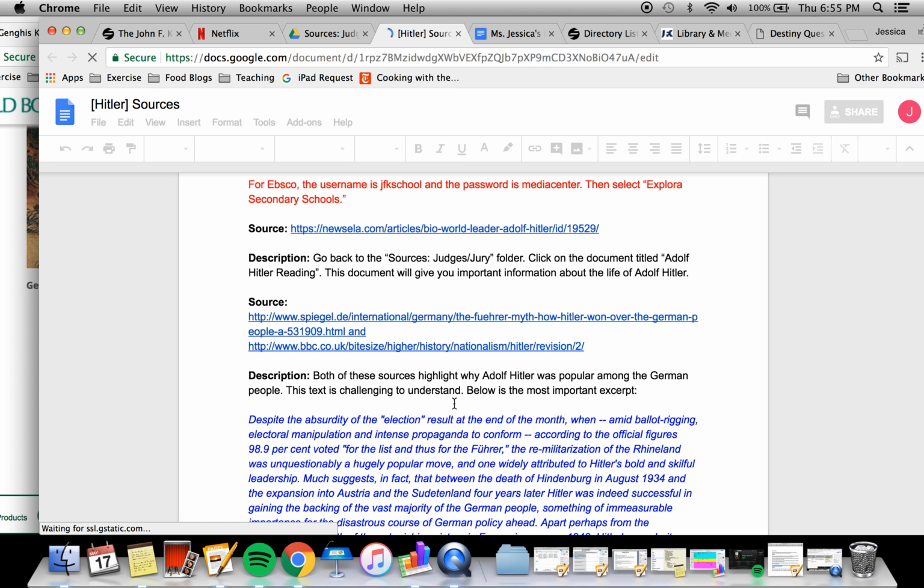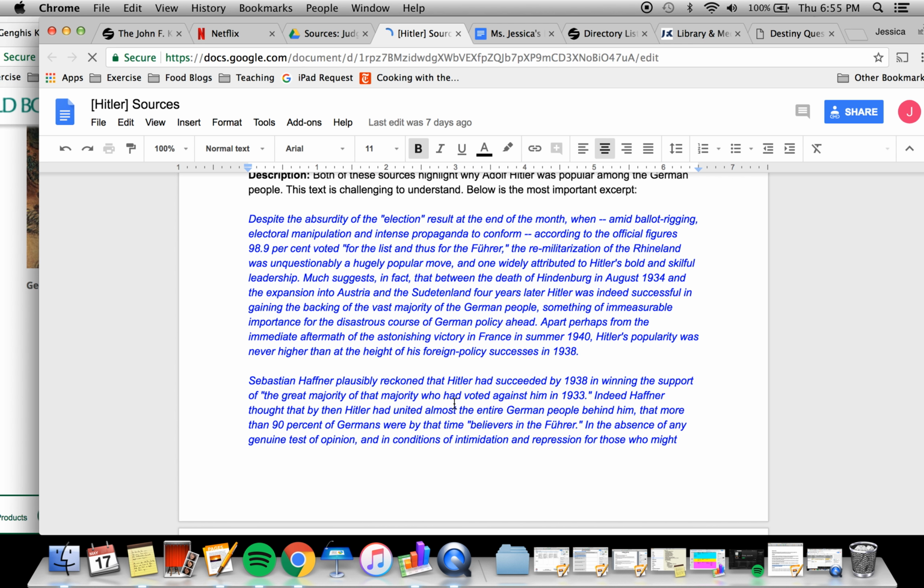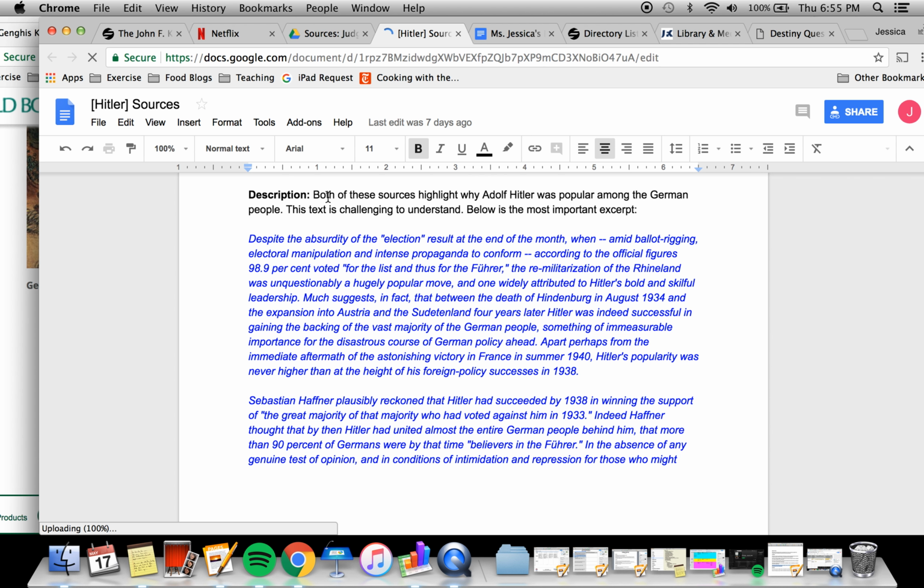And I'm going to scroll down to this blue part. So here it says, even in the description, both of these sources highlight why Adolf Hitler was popular among the German people. This text is challenging to understand. Below is the most important excerpt. So I know that he was popular just from the description that's in the source packet, but I obviously need to explain why. So I'm going to read, and it says, despite the absurdity of the election result at the